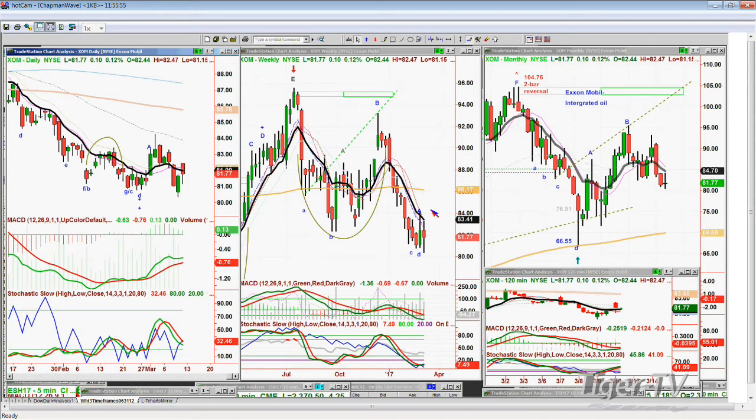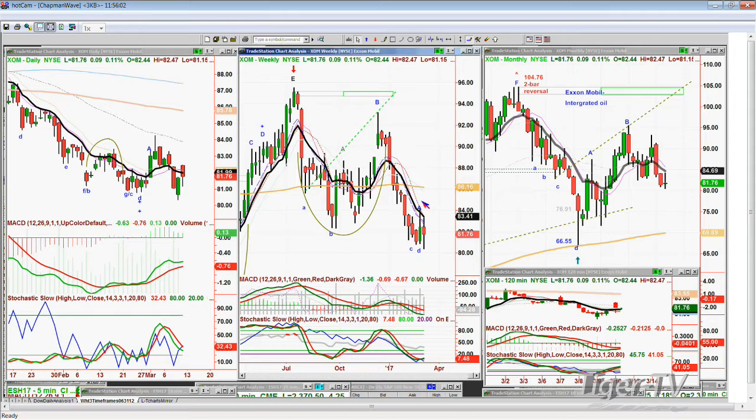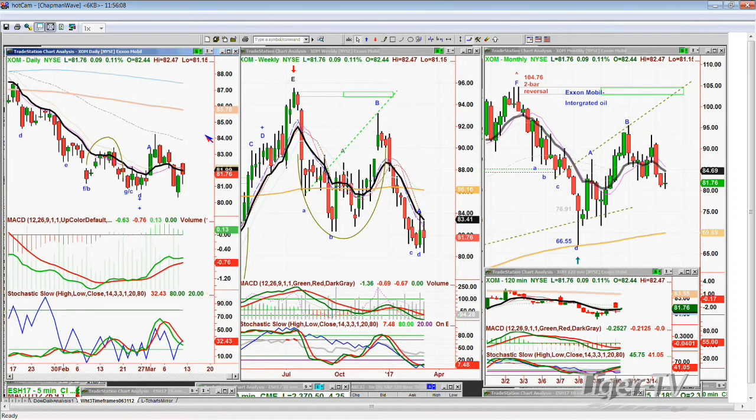My weekly chart needs a lot more veracity. It needs to take out the high of last week of 84.25. That'll be really good action. But until then, I think chop, chop, chop. That's really what I'm looking at. Hope that helps you there. Next question was, if I can see it, was